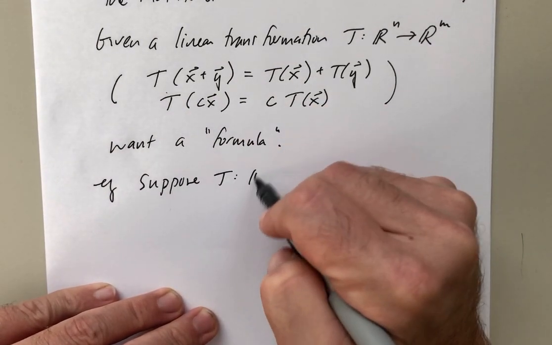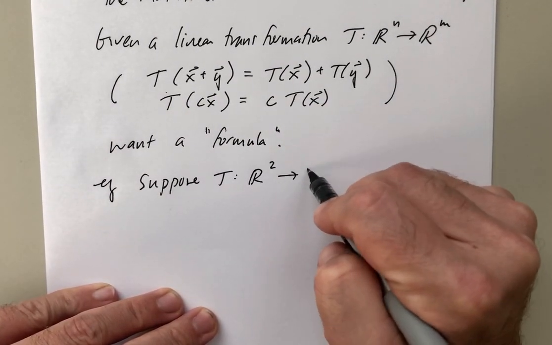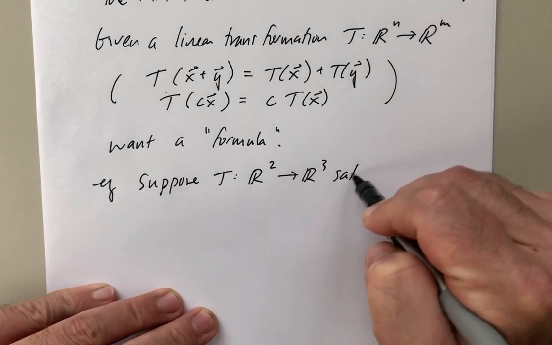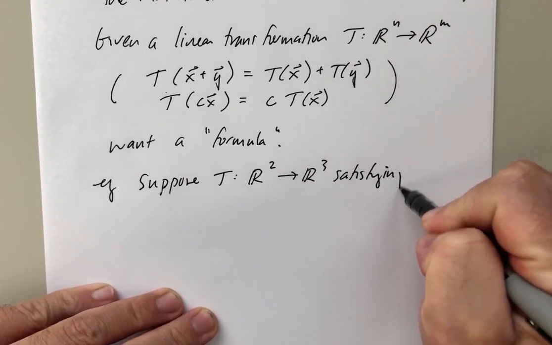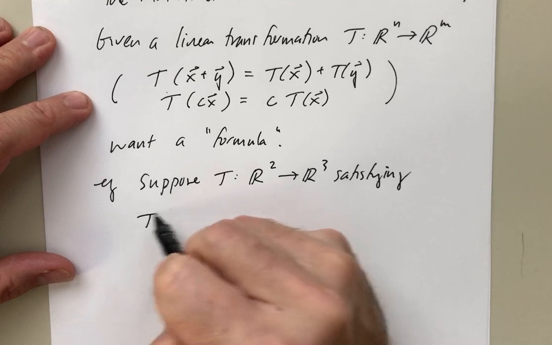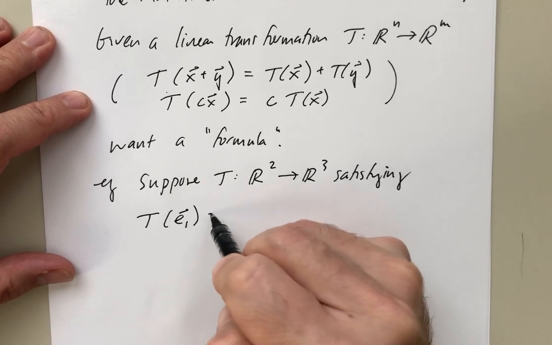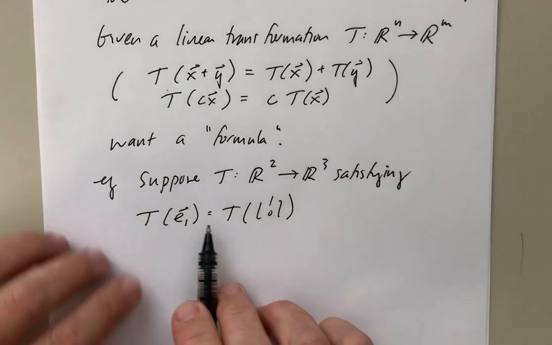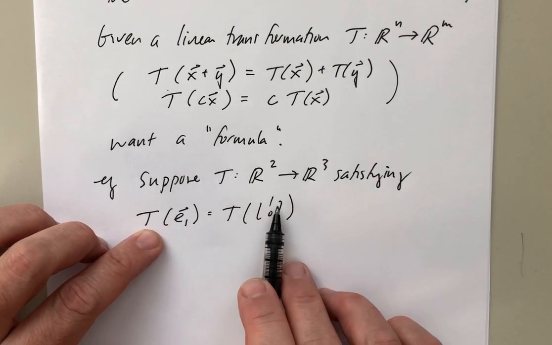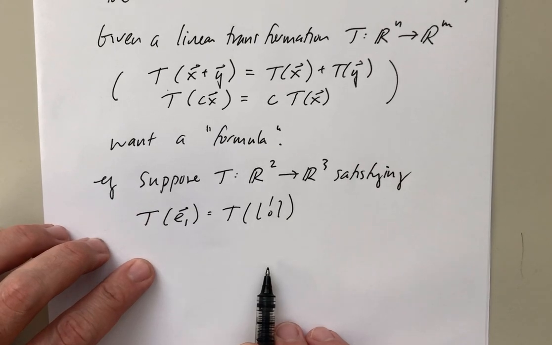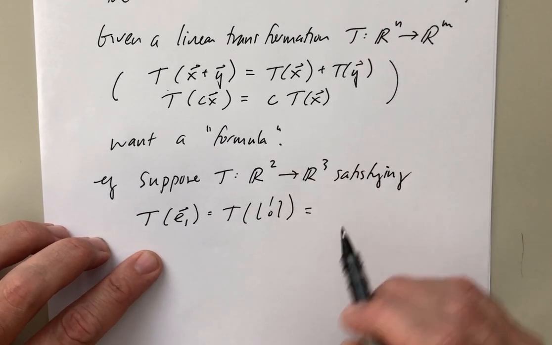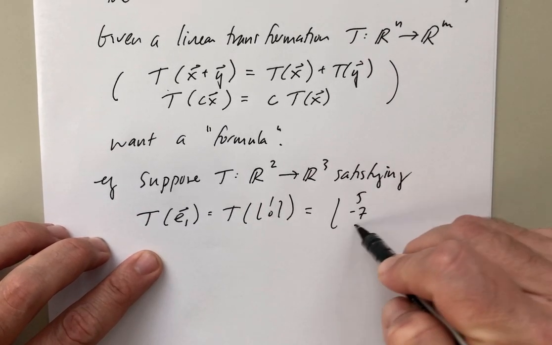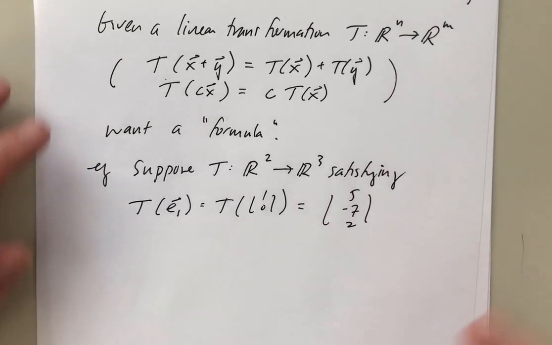I have a transformation from R2 to R3, and I know that T of E1, so E1 is the same as (1, 0). That's the name. I don't know if we've talked about that before, but E1 is a vector that has a 1 in the first coordinate and zeros everywhere else. And I know, let's say, that this equals (5, -7, 2). And we also know that